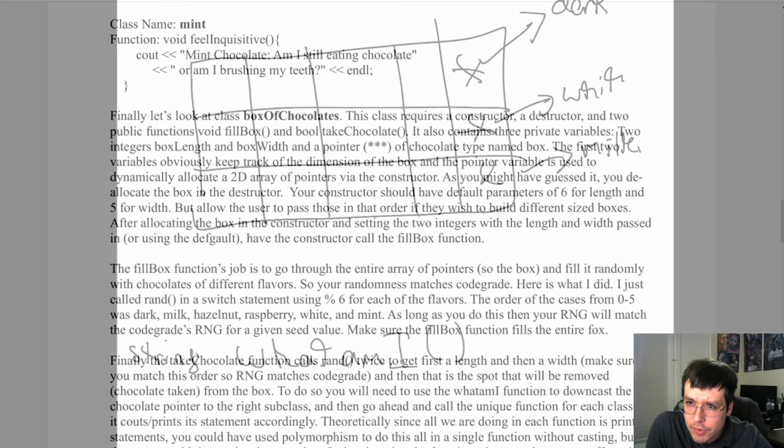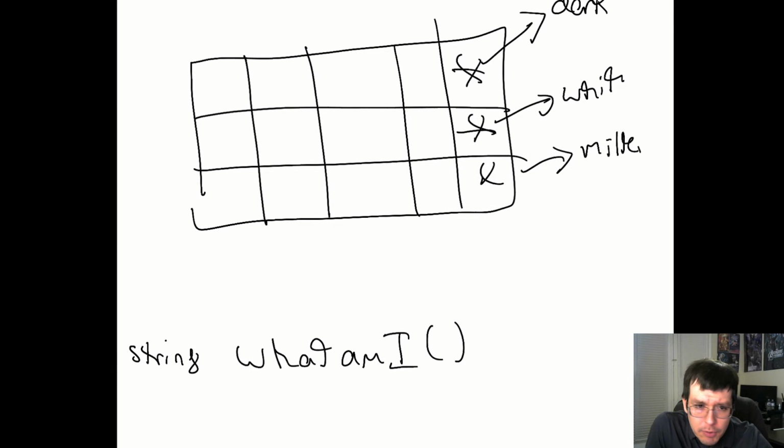Let's switch over to this for a second. I'm going to look at the solution and see if there's anything that I want to point out. I recommend you use the arrow operator and use dynamic casting properly.